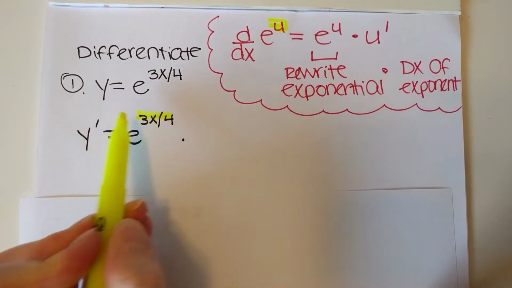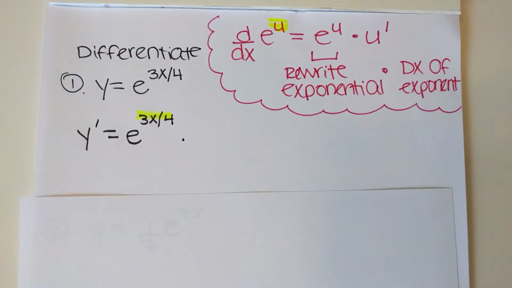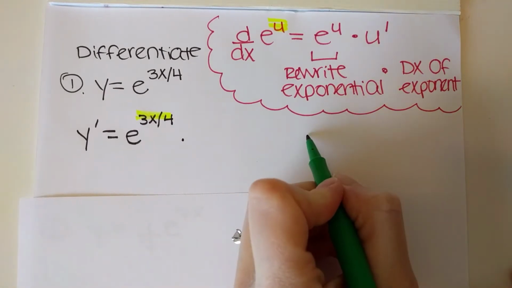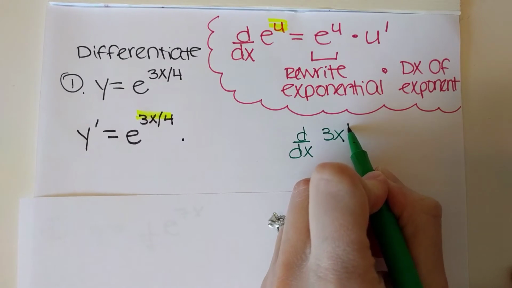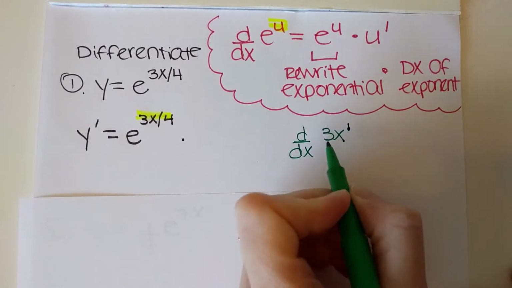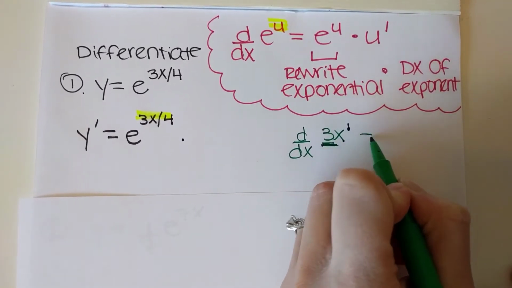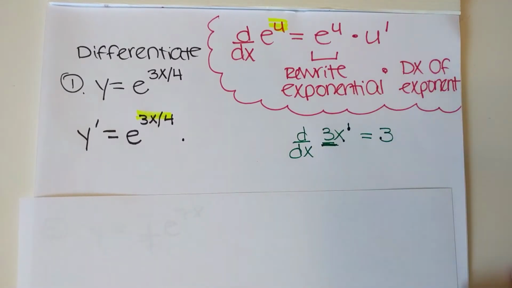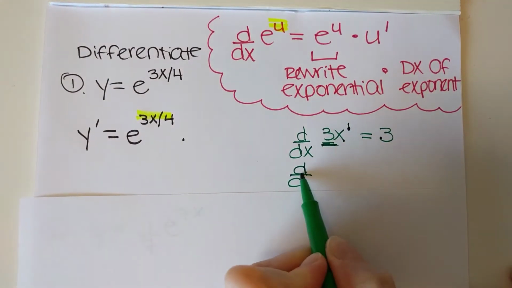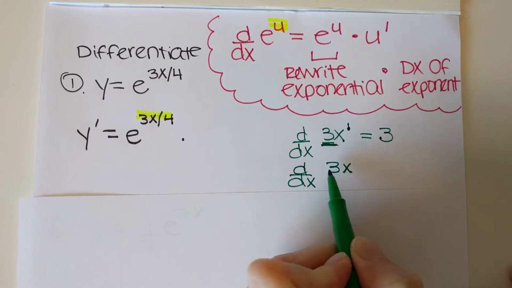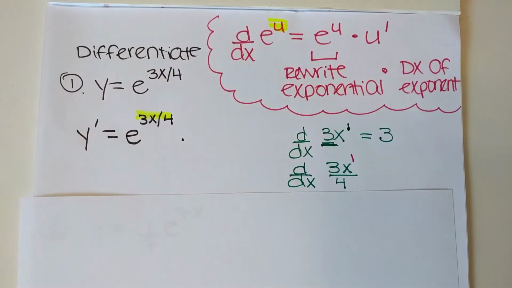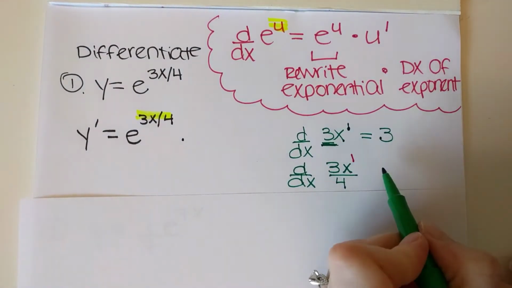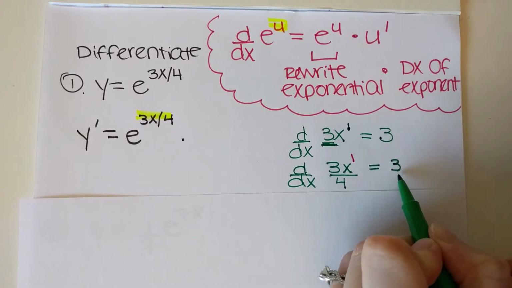Now, before we take the derivative of the exponent, I just want to go off to the side here and talk a little bit about this. So if you have the derivative of 3x, you would just say, because of the fact that it's x to the first, that the coefficient would be equal to your derivative. Now, here we have the derivative of 3x over 4. But it's the same principle as just the derivative of 3x. We have x to the first, and so our derivative will be the coefficient, and in this case, the coefficient